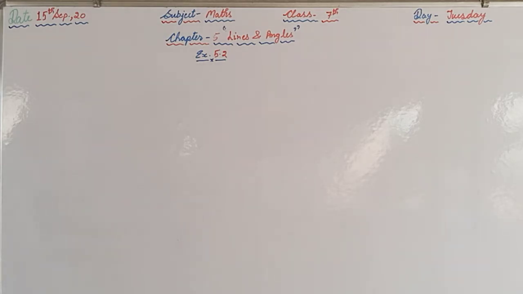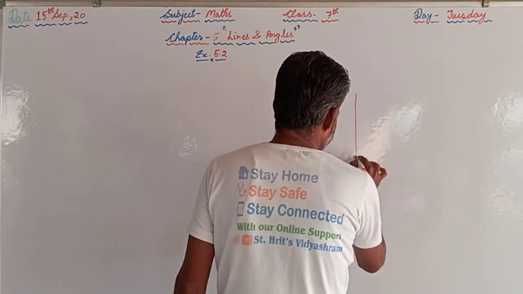In question number 3 the figure is given and the information is also given. As I told you previously, you should have your textbooks with you while you are watching the video, so that you can also get the information given in the question. So in question number 3, in the adjoining figure, P is parallel to Q, and some angles are marked there. Out of these angles the measurement of one angle is given and the remaining we are supposed to find. So first of all we have to draw the figure. So the figure is like this.